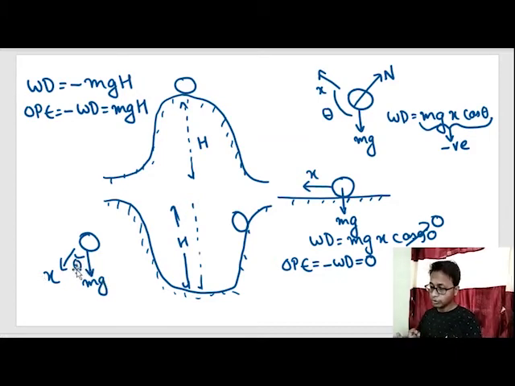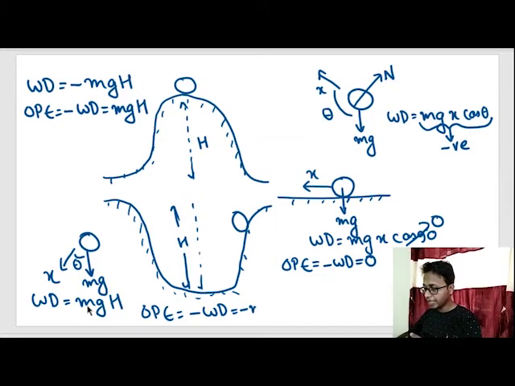So we know that the work done by the gravity force out here is equal to mgx, final displacement minus initial displacement in this component, which becomes mgh. So the work done in pushing a ball from here to here is equal to mgh. Therefore the change in potential energy from here to here would be minus of work done, which is equal to minus mgh.